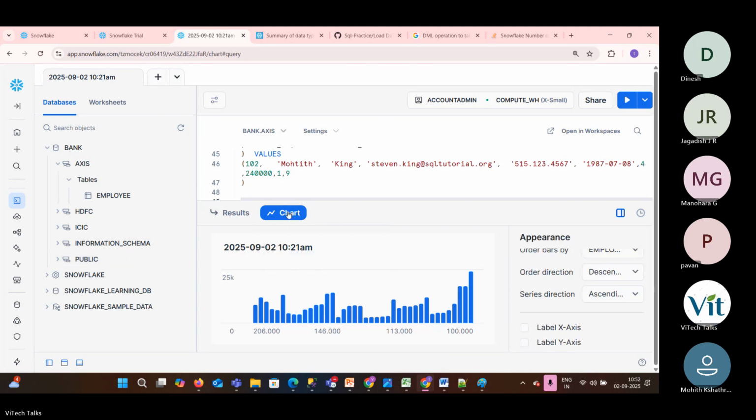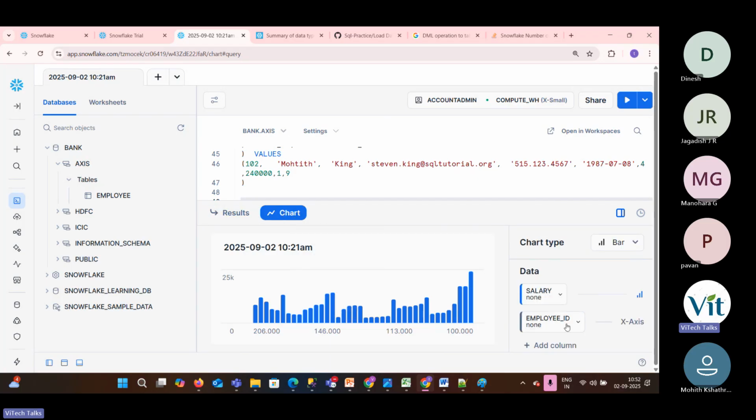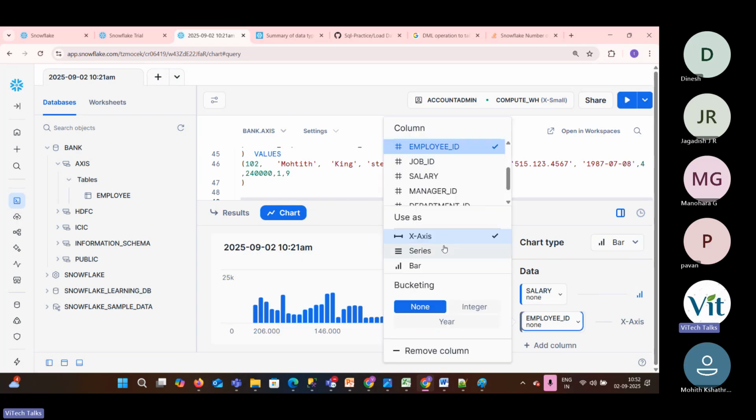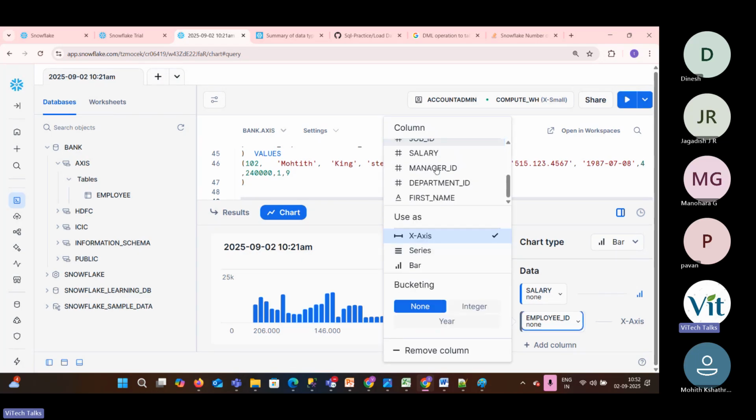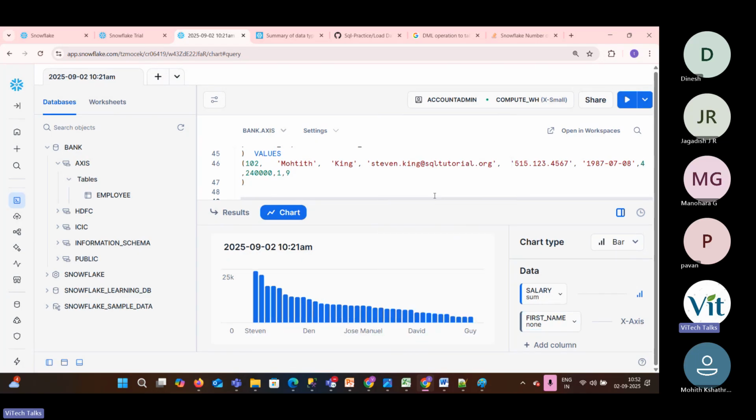So this kind of feature is also available in Snowflake. There is a chart option. You need to select the x-axis and y-axis. Okay, I want to see the name. I don't want employee ID. So who is having the highest salary? See here, Steven. I'll show you in a query also. Steven is having 24,000, next 22,000, 17,000, something like this. So this way, instead of writing SQL, we can easily identify who is having